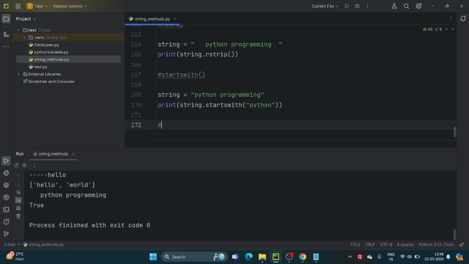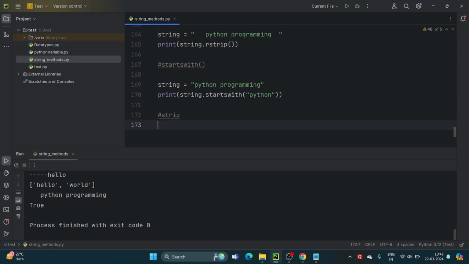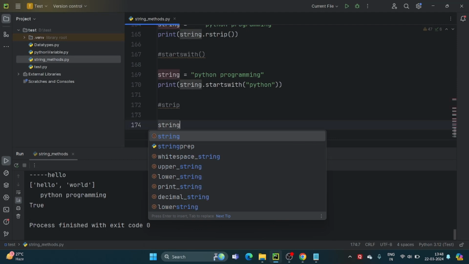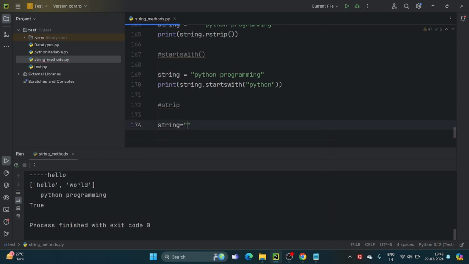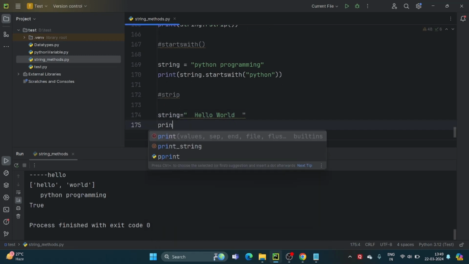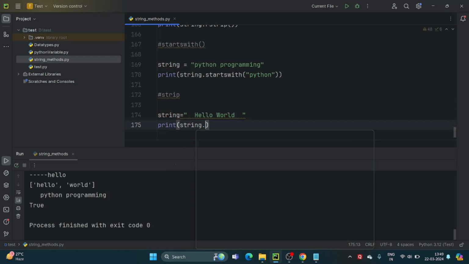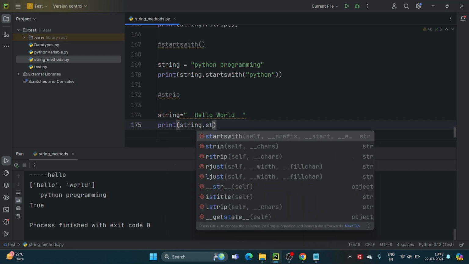Now moving forward, the strip method. It will trim the string from both sides. For example, we have a string that is hello world, and when we print the string using the strip method,